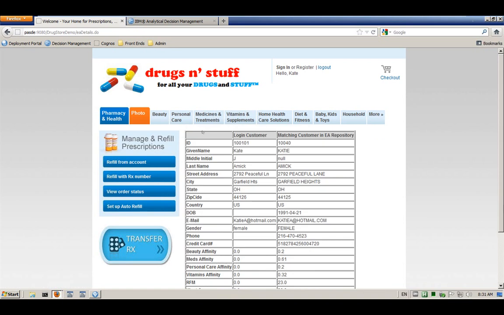Here we see the column on the left refers to the login customer, and the column on the right refers to the matching customer in the EA repository. The left column displays the information that Kate provided when she signed up for a new account. The column on the right shows the matching customer in the EA repository, and as you compare these two, you